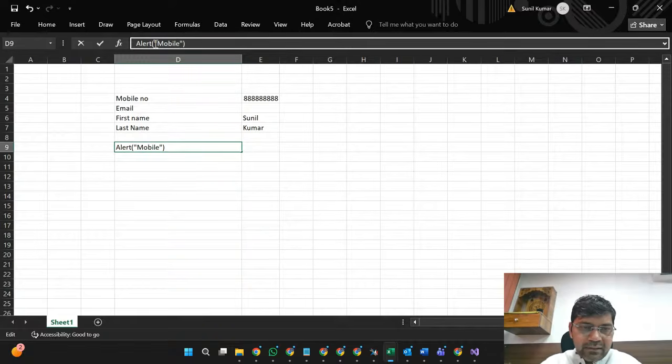You can send a generic message: mobile number, email id, first name, and last name are required for creating the lead.